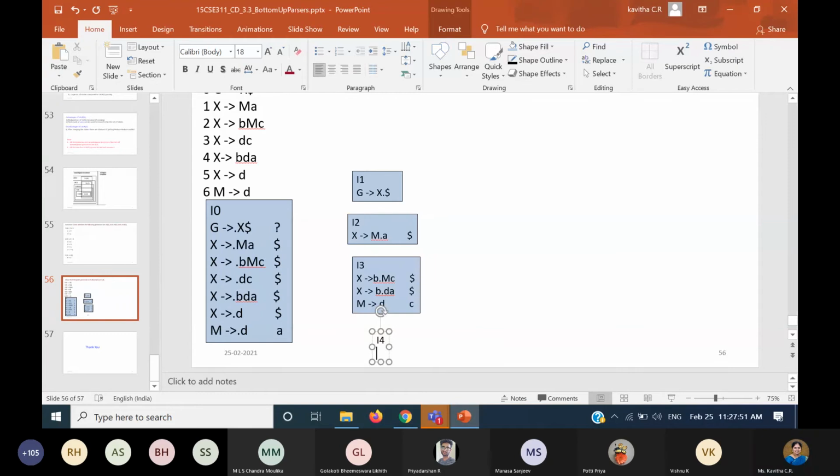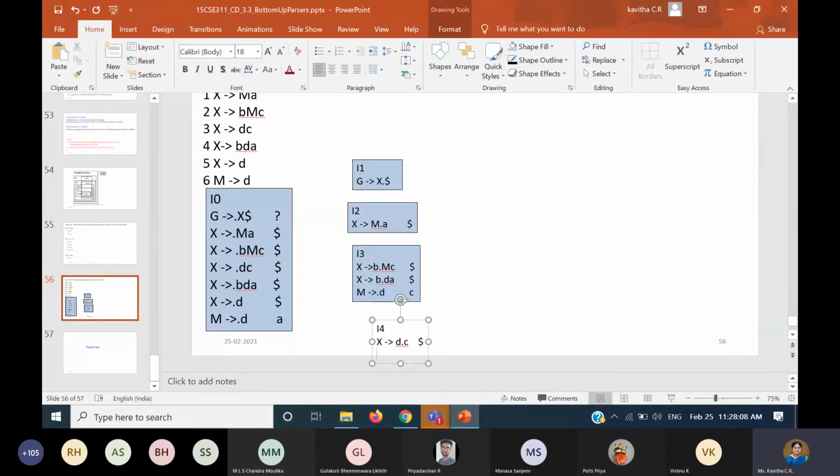In that, I am going to read D. Wherever we are going to read D, you take all that. So from here, I get D small d dot C and dollar is the lookahead symbol. Similarly, I have another rule with D to be read. D dot dollar.